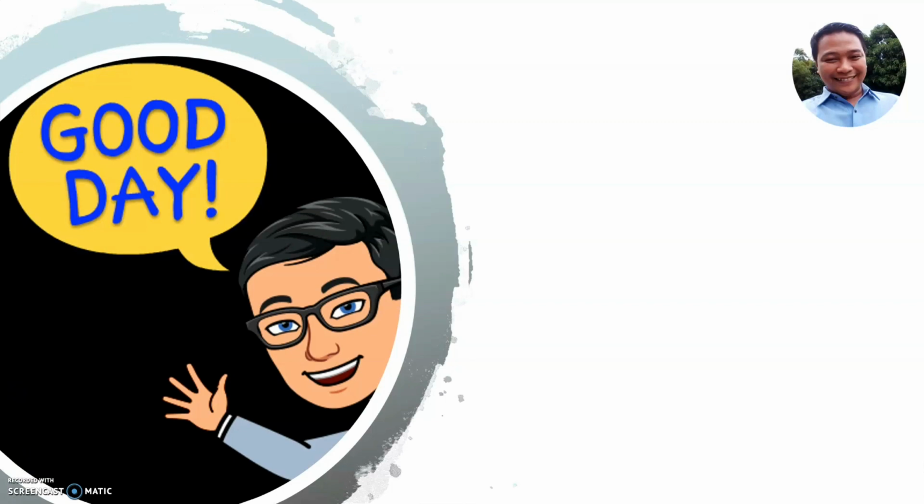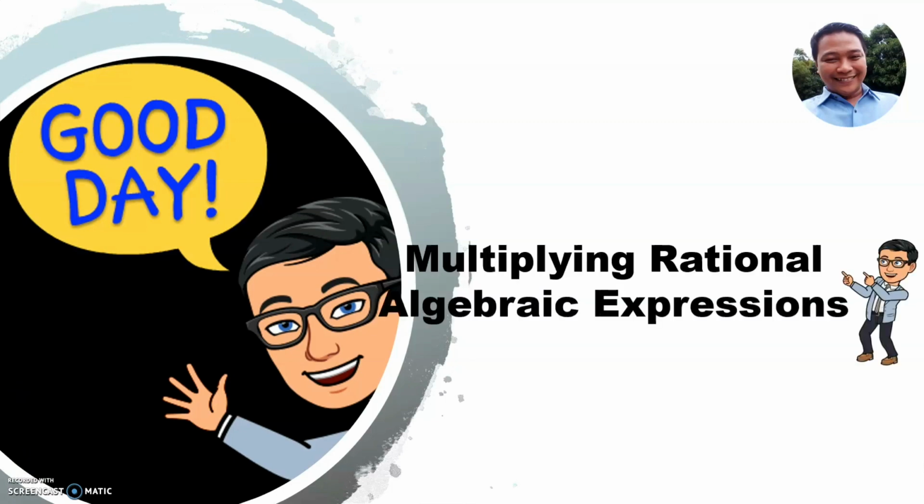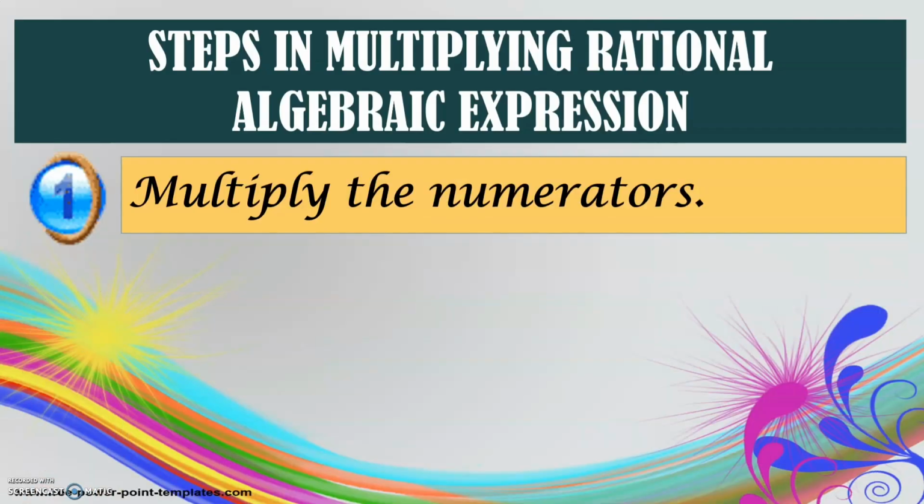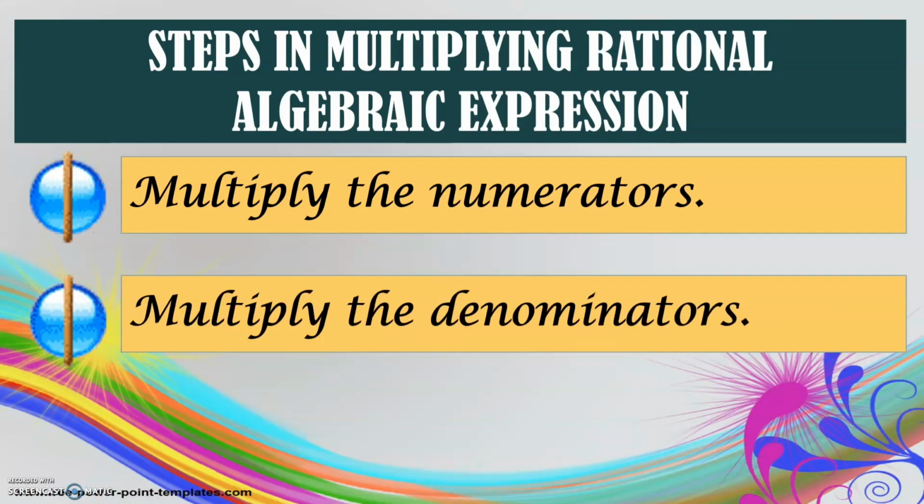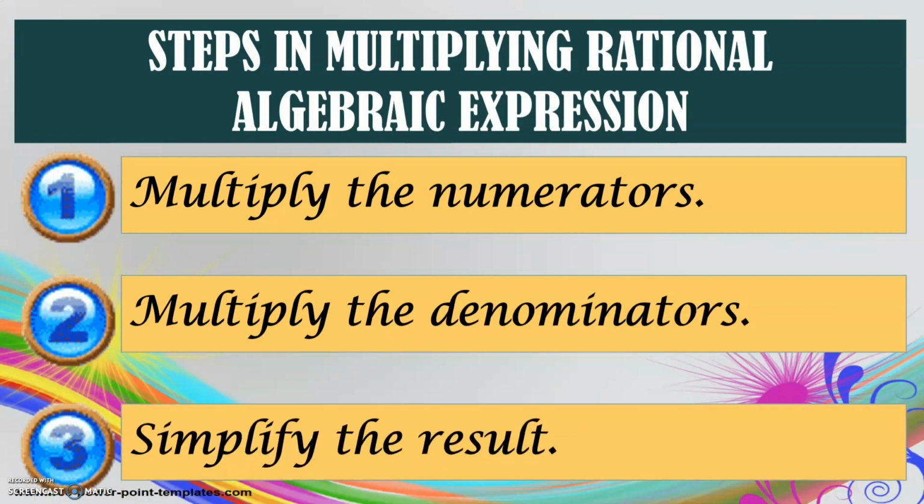Good day, everyone. Our lesson for today is all about multiplying rational algebraic expressions. For us to multiply rational algebraic expressions, here are the steps. Number 1, multiply the numerators. Number 2, multiply the denominators. And number 3, simplify the result. In simplifying the result, you need to factor the numerator, factor the denominator, and cancel out common factors from the numerator and the denominator whose quotient is equal to